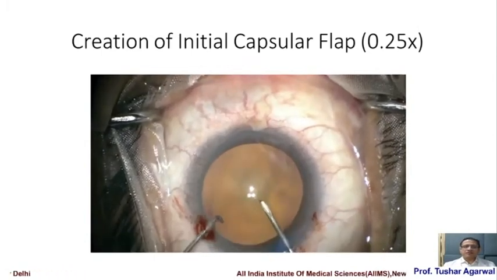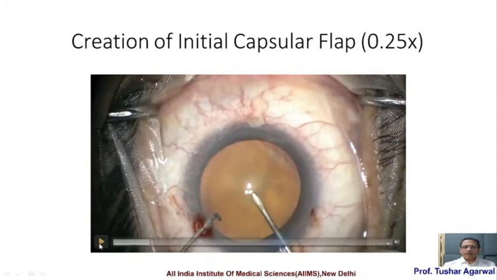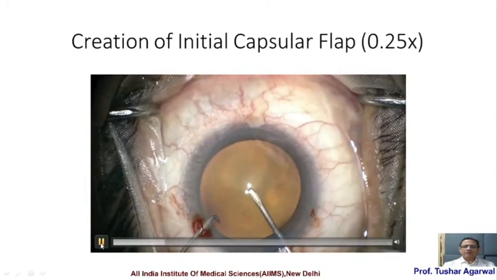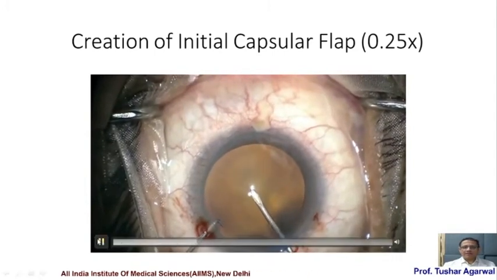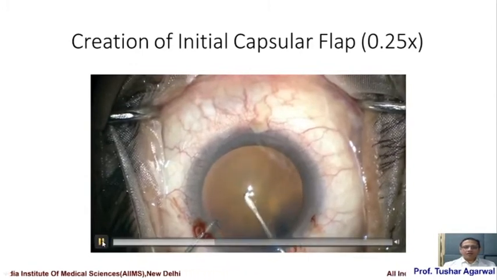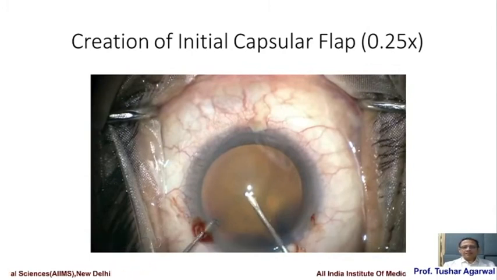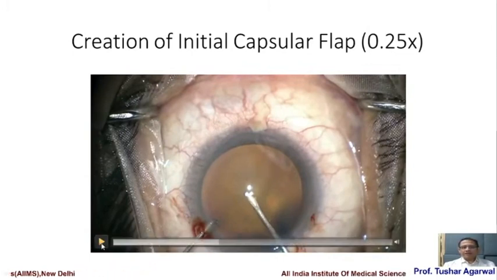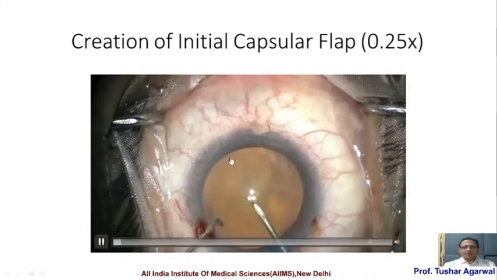The first is that you reach the center of the capsule and then use the pointed tip of the capsulotomy needle to create a puncture in the anterior capsule. You are using just the tip of the needle. Once you create that initial puncture, you advance the capsulotomy needle sideways and use the side of the bevel of the needle to actually cut the capsule sideways. So in this movement, you are not pulling on the capsule, you are cutting on the capsule.